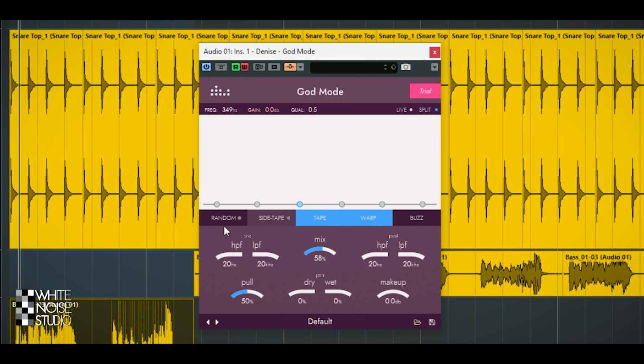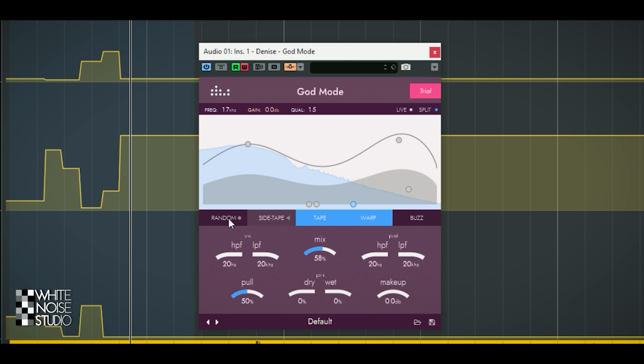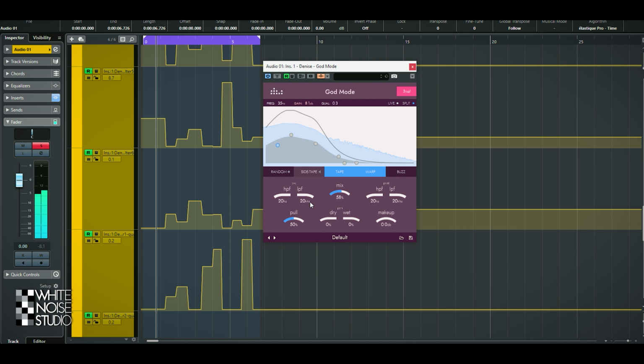And if you want to get creative and you are lost for ideas, then use this Randomize button. This Randomize button will randomize all settings like this. The fun part is that all of these parameters are automatable, even with Randomize. I had the plugin on right and now I will play it back. So that is nice if you want to do some crazy sound sculpting and maybe you stumble upon a setting